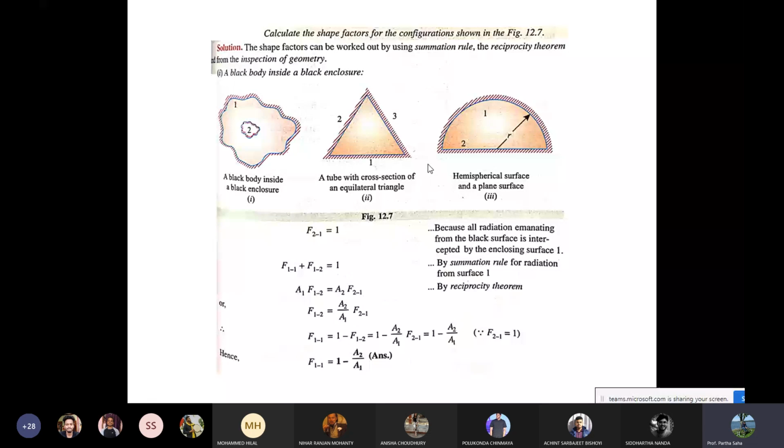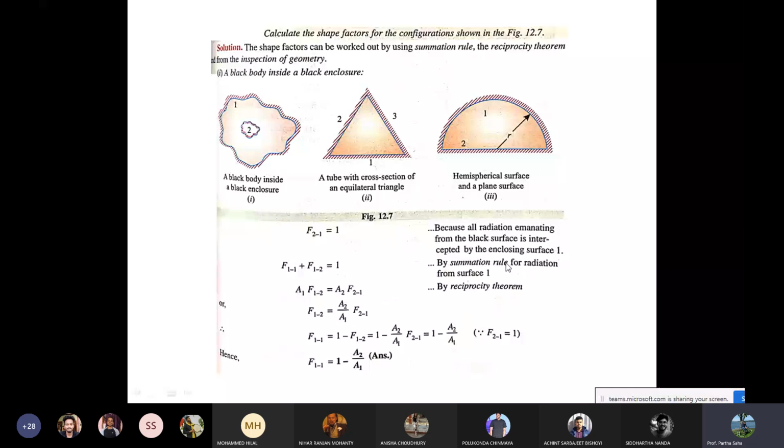A tube with a cross section of equilateral triangle. Hemispherical surface and a plane surface. So first case, let us see F21 equal to 1, because all the radiation emanating from the black surface is intercepted by the enclosing surface 1. Now by summation, radiation from 1 to 1 and then 1 to 2, that is radiation from radiating surface 1 to 2 and 1 to 1, will be 1 by summation rule